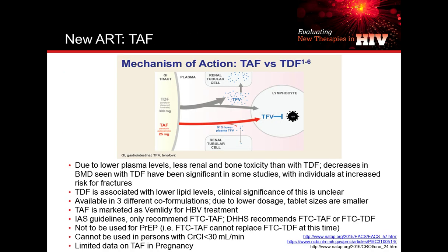So TAF. This is a big change over the last couple of years, and it's a very interesting idea how they came up with this new medication. So tenofovir is the actual active compound. Tenofovir can't be given on its own. It has to be given as a prodrug. And the original prodrug was tenofovir disoproxil fumarate, much easier to say by TDF. And this has been used for a very long period of time,